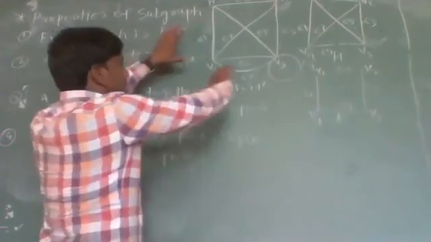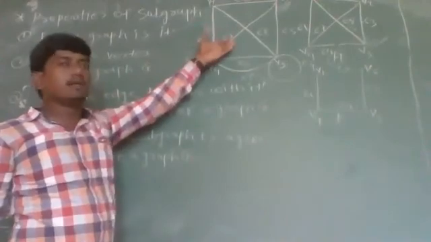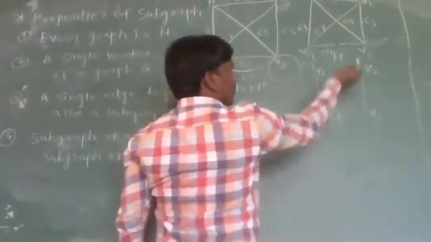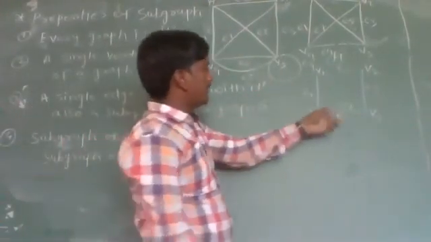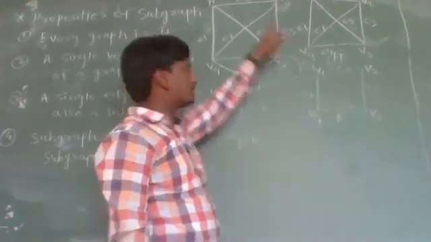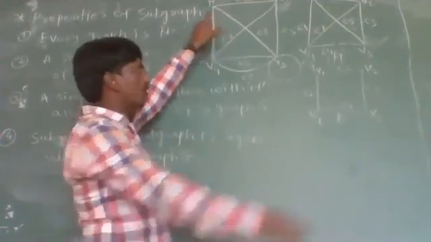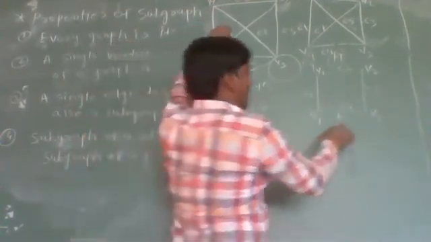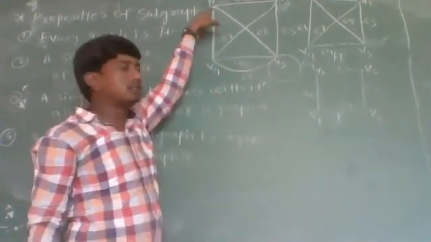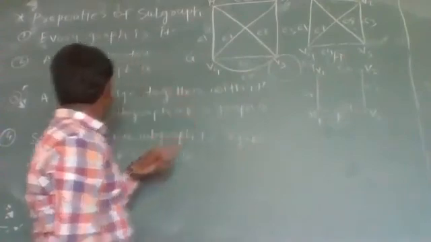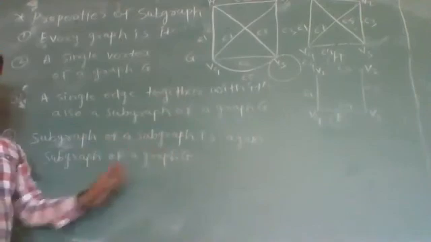But again, by the definition of subgraph, this graph H is a subgraph of graph G. So K is a subgraph of graph H, and H is a subgraph of graph G. Now the vertex set of graph K is a subset of the vertex set of graph G, and the edge set of graph K is a subset of the edge set of graph G. So again by the definition of subgraph, this graph K is also a subgraph of graph G. Then from this we can conclude that a subgraph of a subgraph is again a subgraph of graph G.